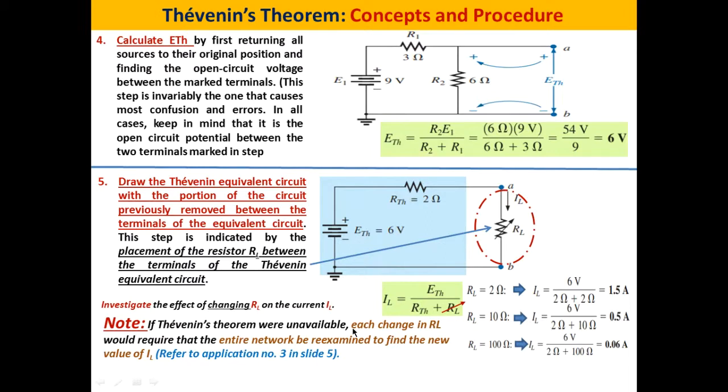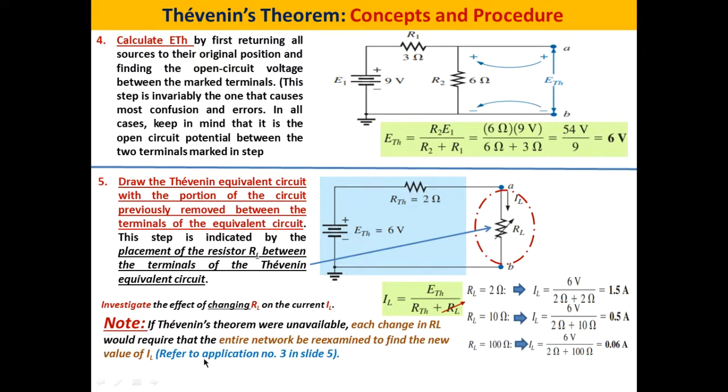By changing RL, we have to solve 3 circuits, and this will be time consuming. So if Thevenin's theorem were unavailable, each change of RL would require that the entire network be re-examined to find the new value of